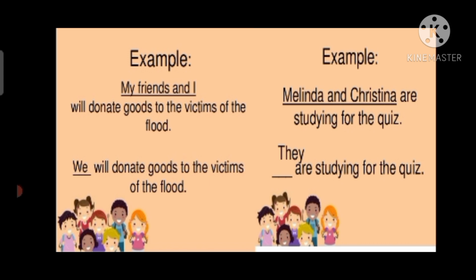Understood? So he, she, it, and I we will use for singular, for one person. And we and they we will use for plural, more than one. So that is all about pronouns. He, she, it we will use for singular, and he we will use for boys, she we will use for girl nouns, it we will use for animals, birds and things. And we and they we will use for plural when there are more than one.